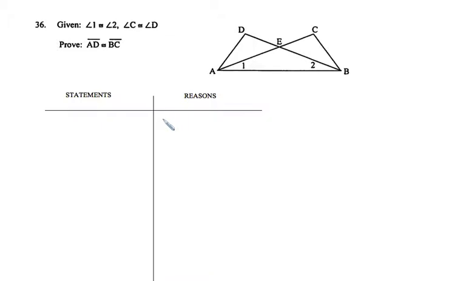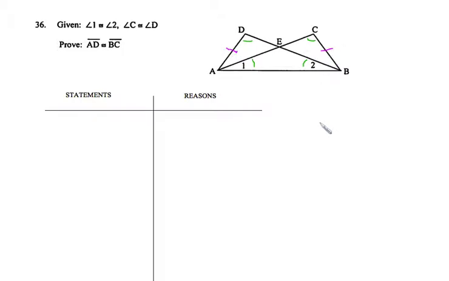In proof number 36, I'm going to start the same way I start all my proofs. I'm going to mark my given information. Angle 1 and angle 2 are congruent, and angle D and angle C are congruent. I like to mark what I'm looking for in a different color, so I'm trying to show that AD and